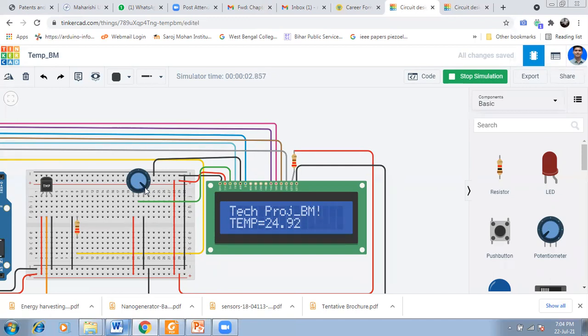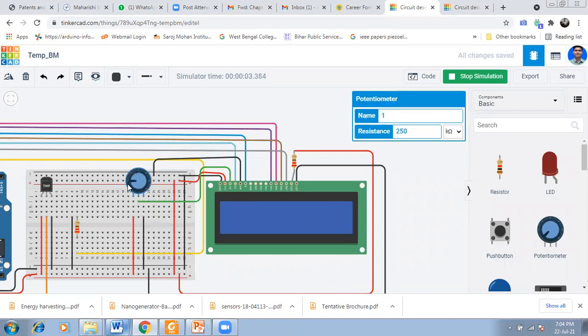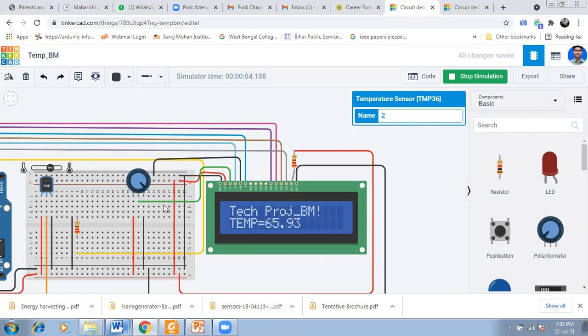If brightness is low, we can't see these values. So by this we can vary the brightness of the screen. Now take project underscore BM, temp is equal to 24.29. If you change the temperature, the value shown here also changes.